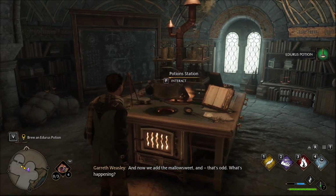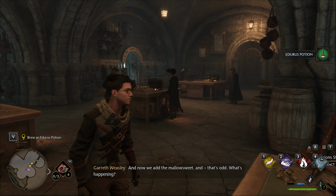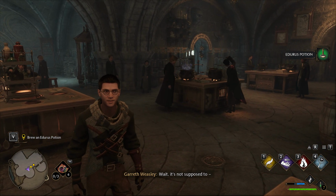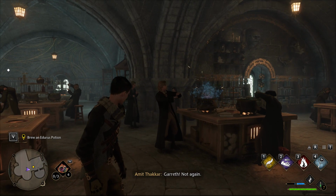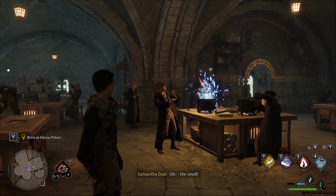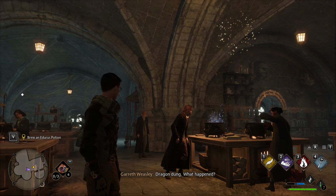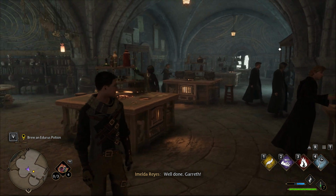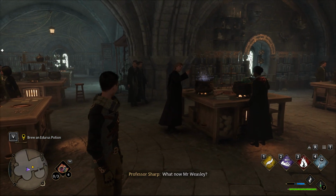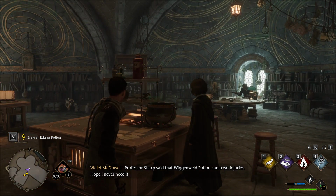And now we add the mallow sweet, and... That's odd. What's happening? Wait, it's not supposed to... Get it! Dragon Star! What happened? Well done, Gareth. What now, Mr. Weasley? Professor Sharp said that Wiggenweld...